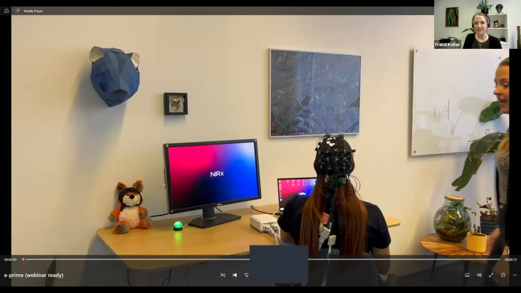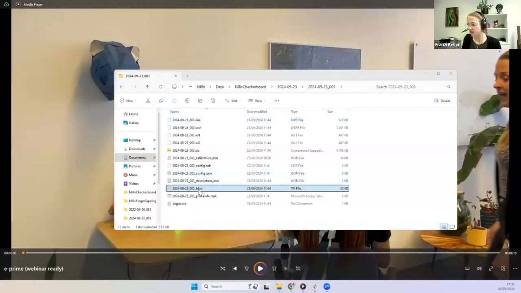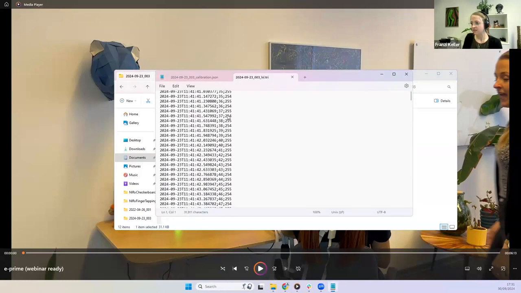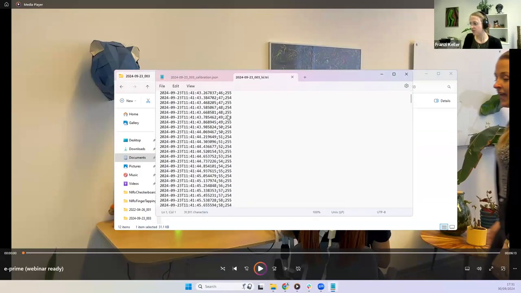One last thing that I forgot to show in the video was the trigger file. So I'm going to quickly reshare my screen, so that you can see the resulting trigger file that I received. This is exactly the folder that I went into earlier in my checkerboard data. And here you can now see all the triggers that were sent